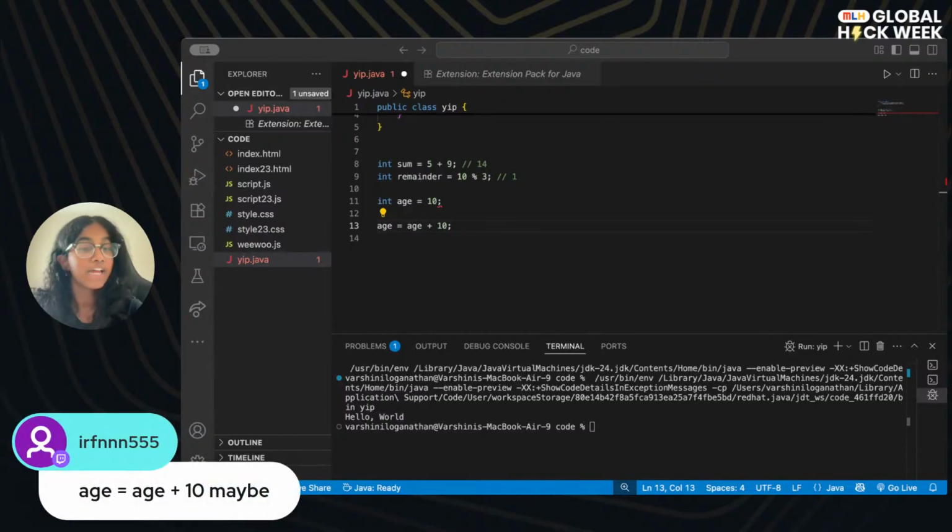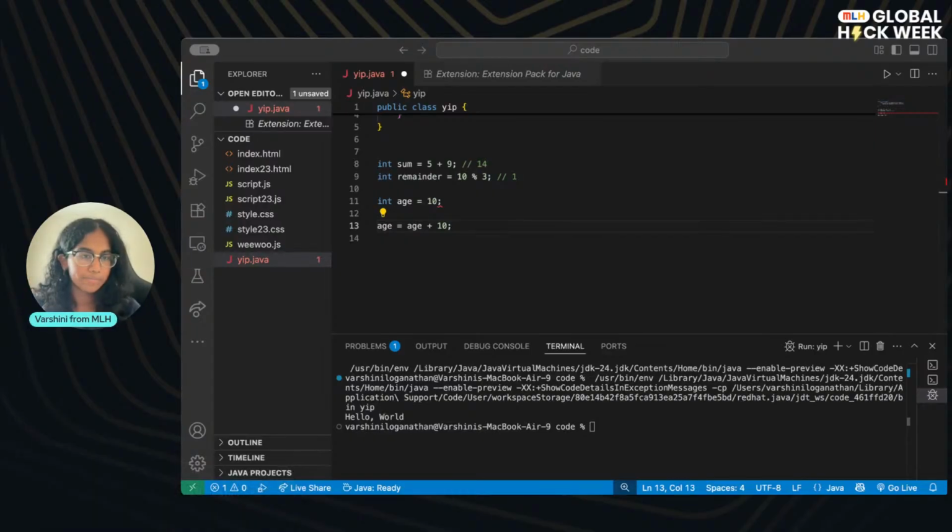Age equals age plus 10, that's exactly what age plus equals 10 would mean. So those are a couple of assignment operators that we can use. And then that variable would update. So now age has the value of 20 if we were to do that.